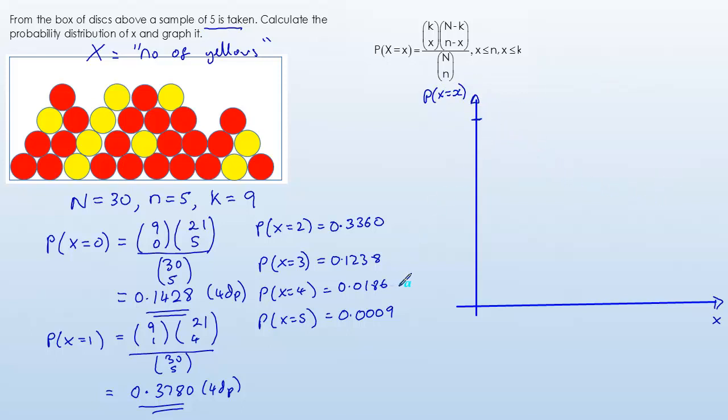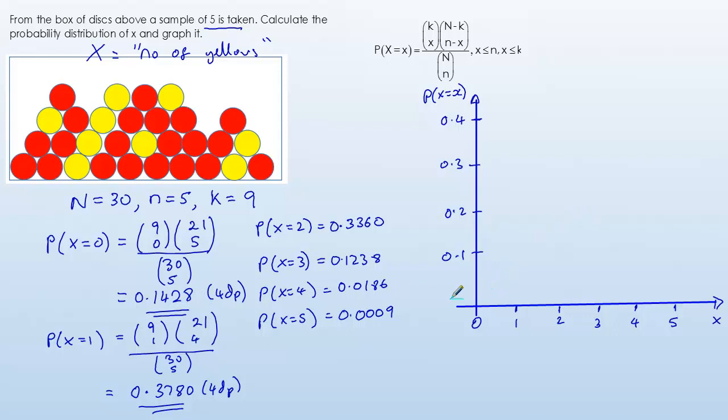And so our highest one is 0.37, so let's make this 0.4, and that will be 0.2, 0.3, 0.1, and we have the values 0, 1, 2, 3, 4, and 5, and if I use a red line,